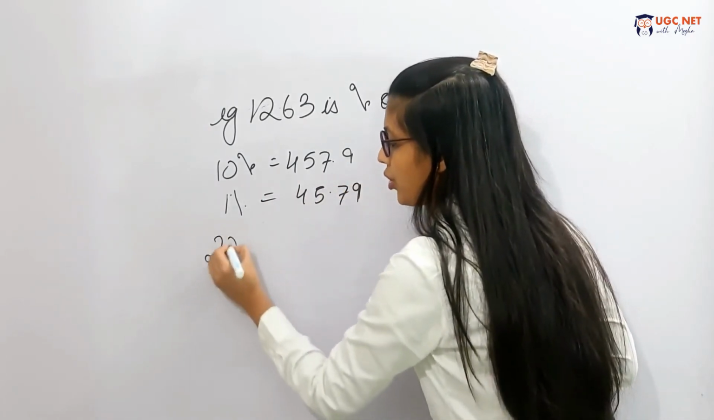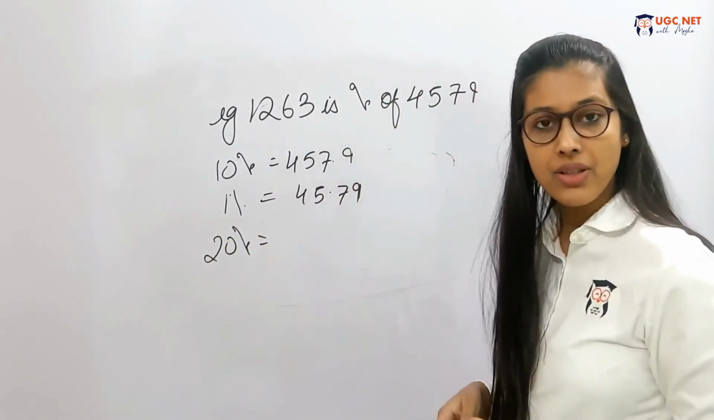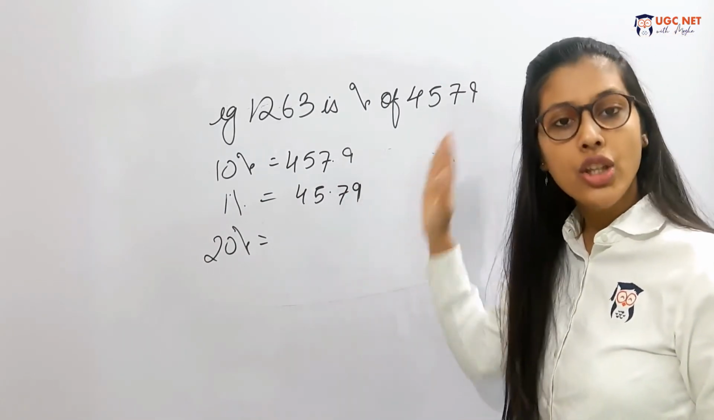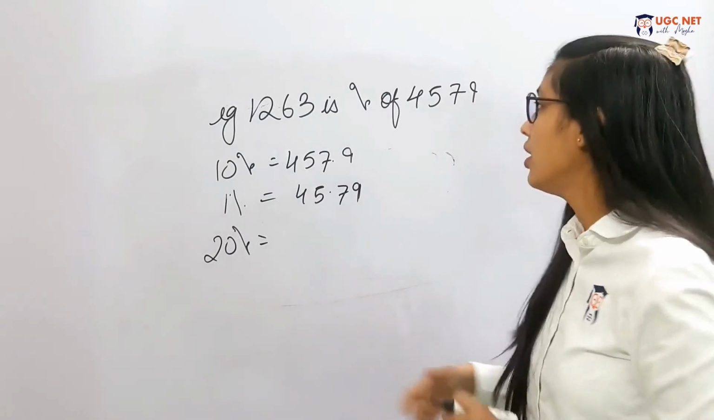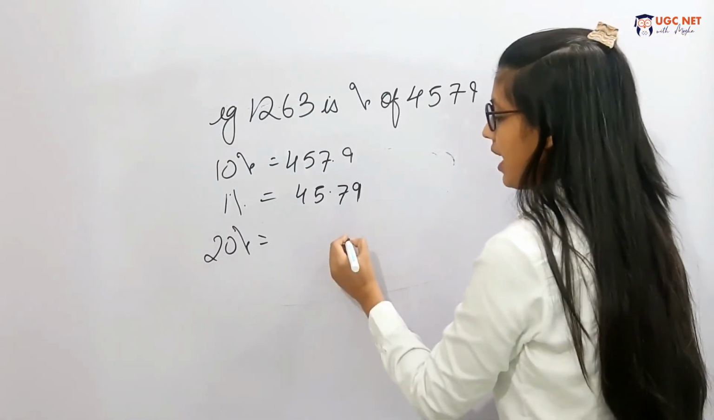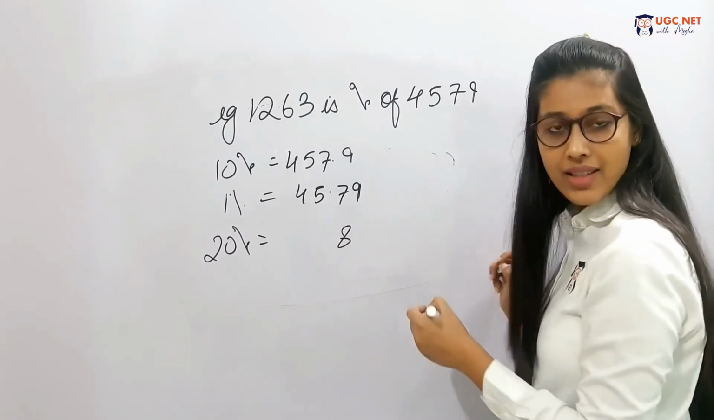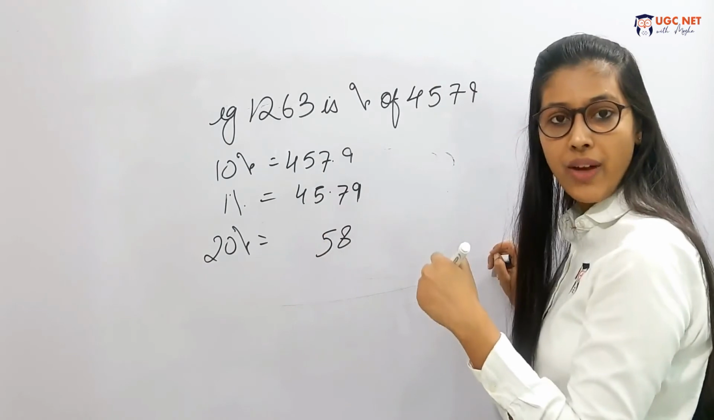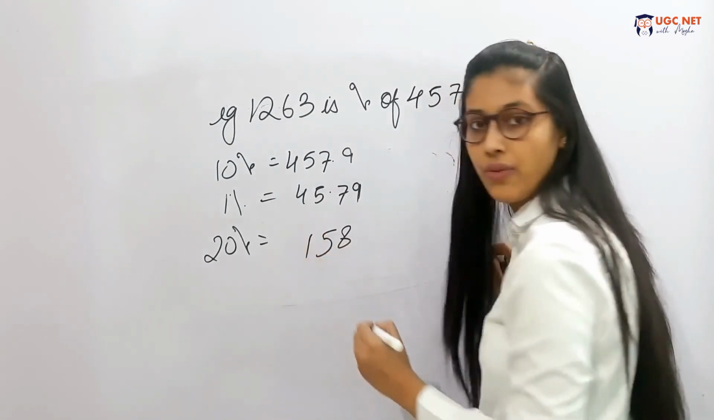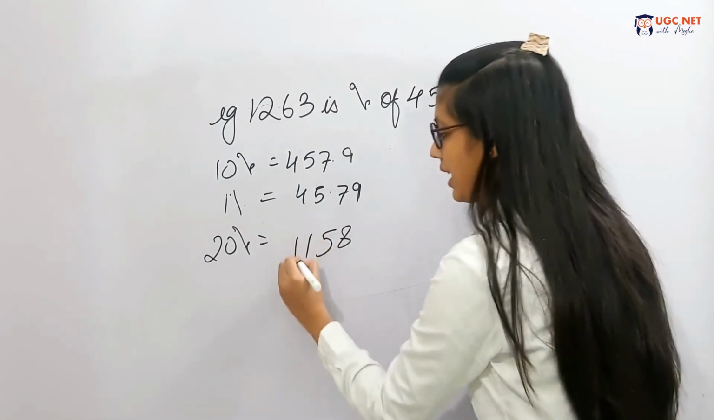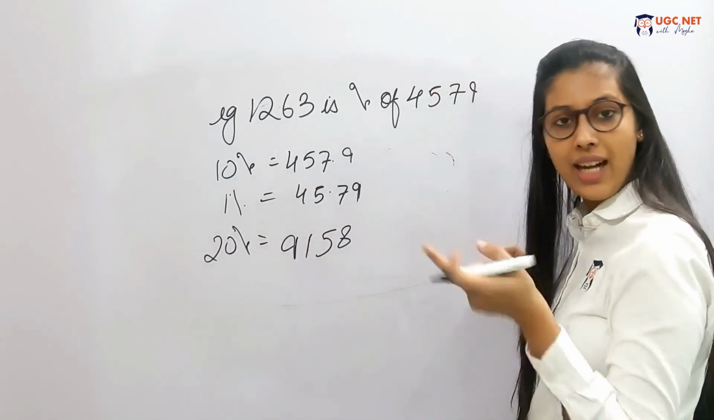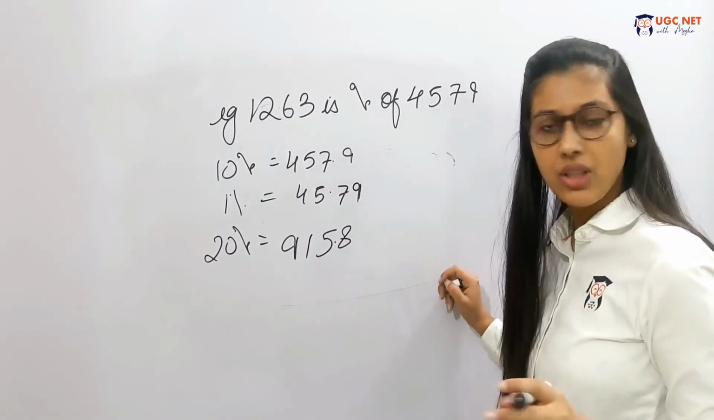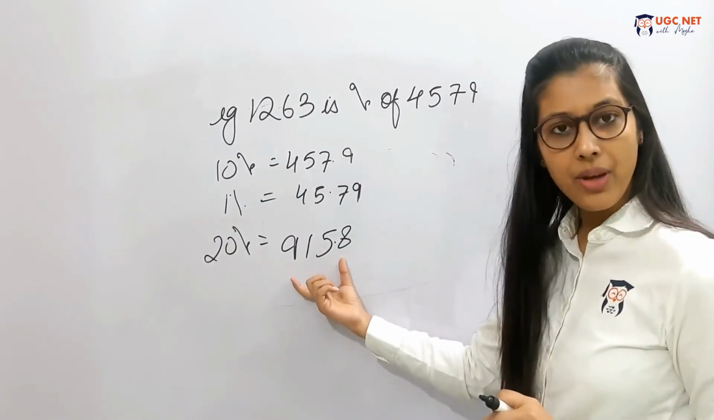Now coming to 20%. For 20%, you simply need to double the quantity and put the decimal after the units place, that is after one digit. So double the quantity: 9 plus 9 is 18, and 7 plus 7 is 14 plus 1 is 15. Carry forward 1, so 5 plus 5 is 10 plus 1 is 11, 4 plus 4 is 8 plus 1 is 9. So this is 9158, that is the double the quantity. Now you simply need to put one decimal after the units place, so this would give us 20% of the